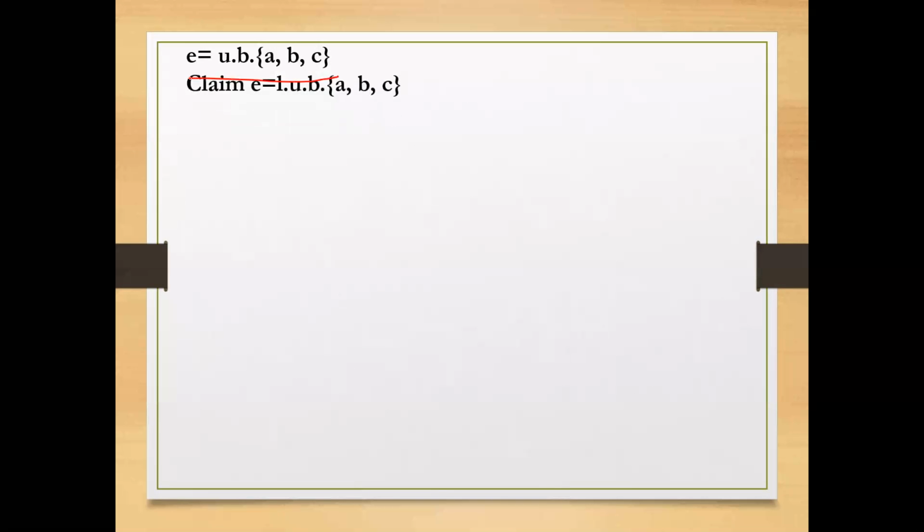So now we claim that E is not only the upper bound but it is the least upper bound. It is least among all the upper bounds of A, B, C. The value E will be the least upper bound also. What is the method to prove the least upper bound? Because we have only proved E to be an upper bound, you have to suppose F is any other upper bound. Suppose F is any other upper bound of A, B, C.